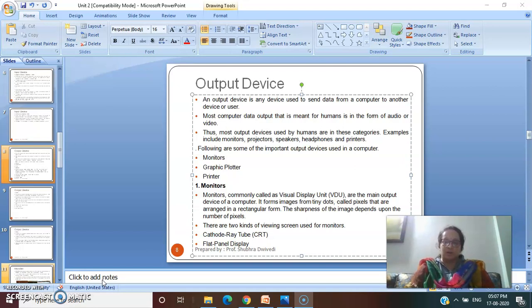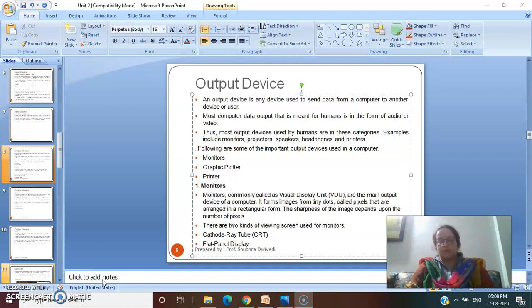An output device is a device that helps you in displaying the output. You are able to view your output with the help of output devices only. The types of output devices are, first, your monitors. Whatever you type with the help of your keyboard is displayed only because of the monitor. If there was no monitor, obviously you wouldn't be able to view anything. So monitors are the first type of output devices that we will be covering.